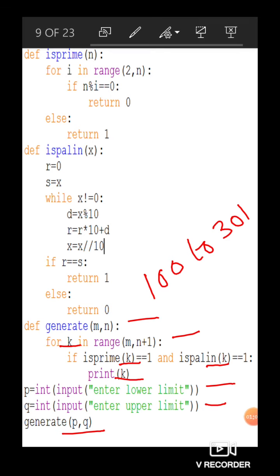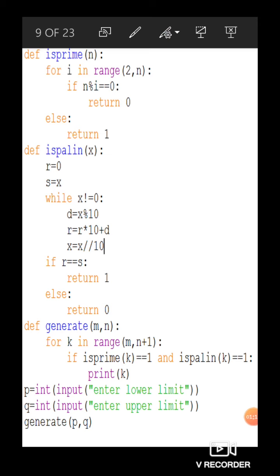Now see what we are doing in the is prime function and the is palin function. Here you can see that in the is prime function we have received a number in the variable n, and we are checking whether this number is a prime number or not.